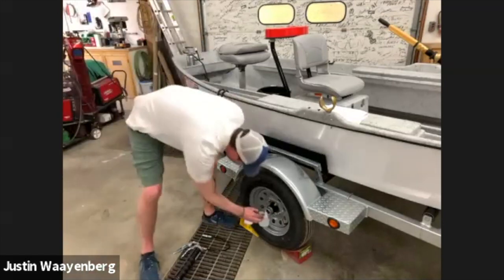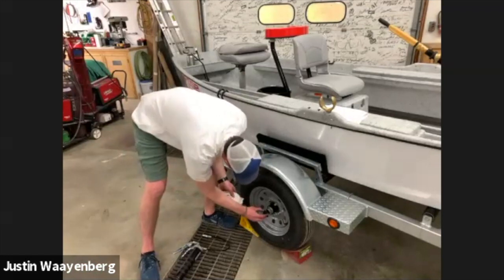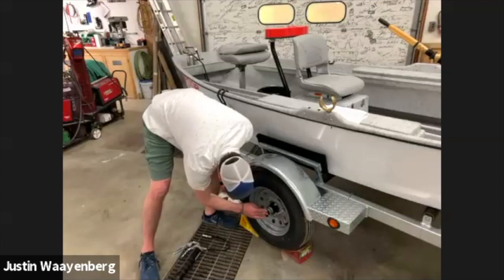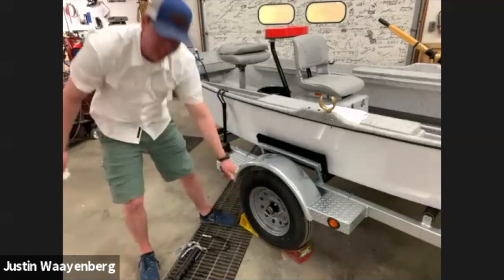I've got a little bit of excess grease around there. I'm just going to clean that off and then stick this back on, making sure that I get it seated well and it's on there. And then just making sure that there's no grease around there, because that's going to be